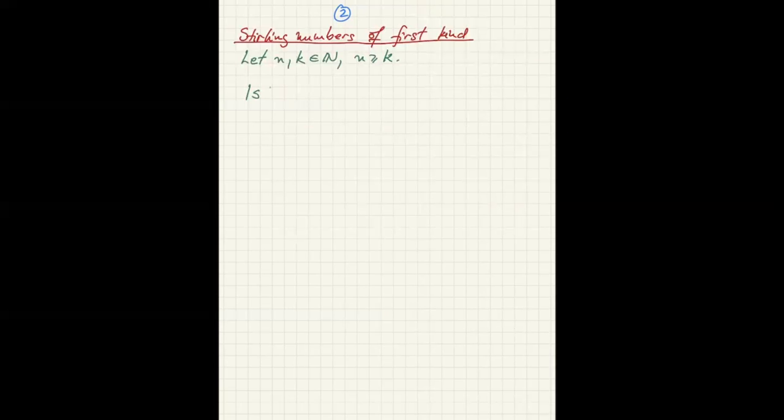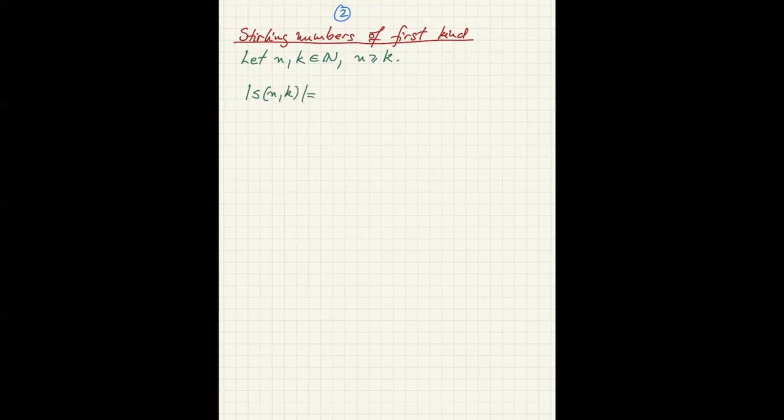Let's talk now about the Stirling numbers. Stirling numbers of the first kind have a bit of an unusual definition, but it's not too difficult once you get used to it. First of all, let's say we have two natural numbers n and k, with n greater or equal to k. First let's define the absolute value of the Stirling number s(n,k)